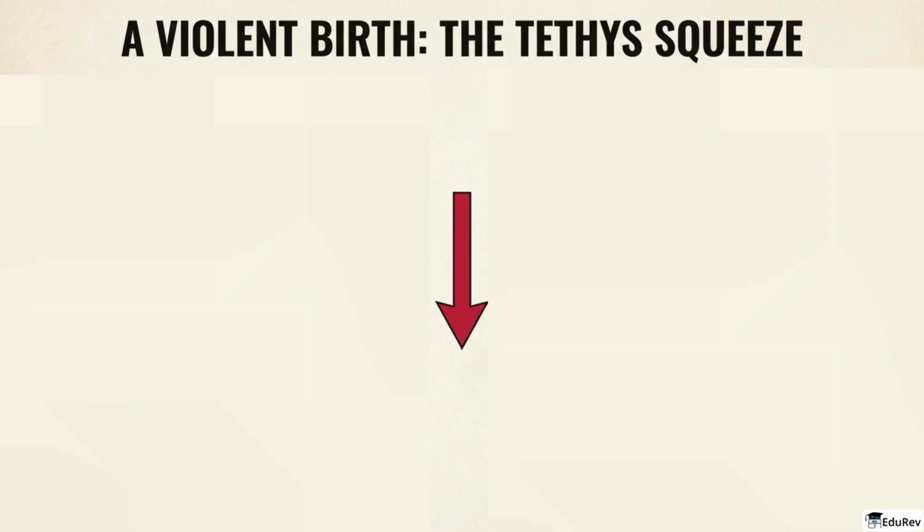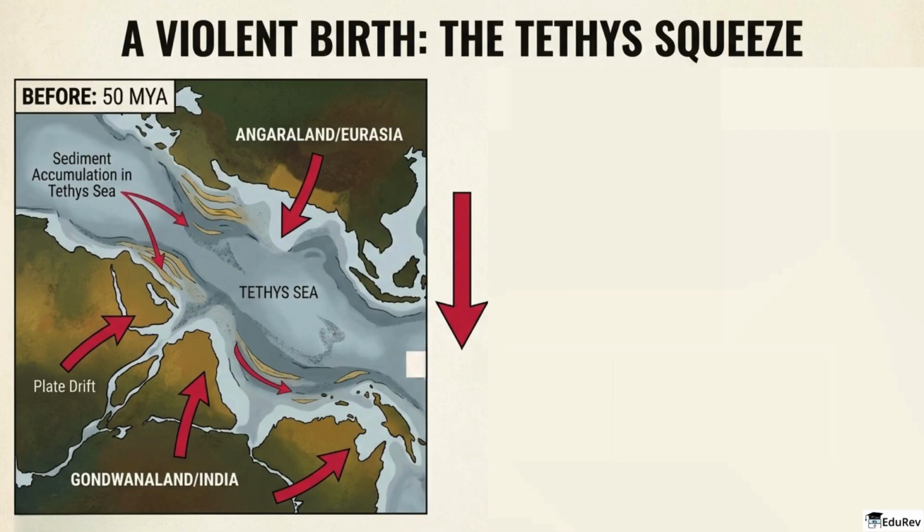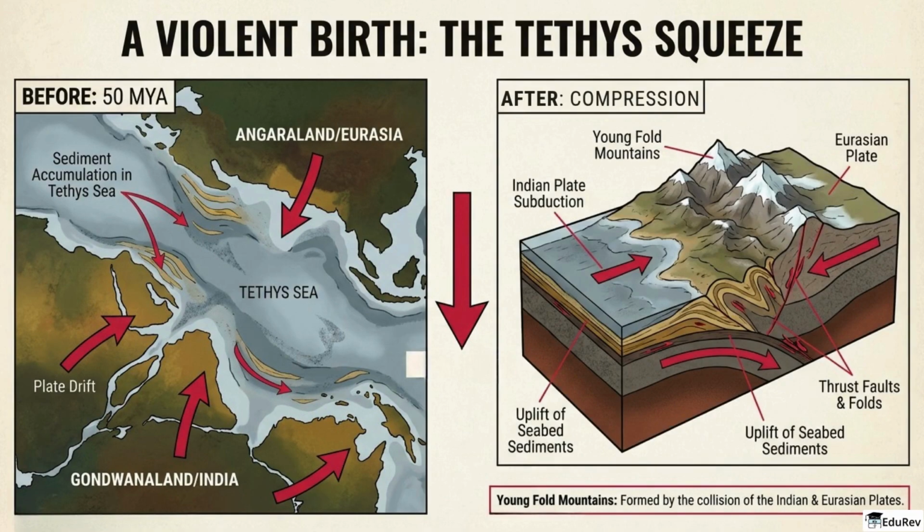Before 50 million years ago, there was the Tethys Sea between Gondwana land, including India, and Angara land, or Eurasia. Sediments accumulated in this sea. Due to plate drift, the Indian plate moved northwards. Then came compression. After collision, the Indian plate pushed beneath the Eurasian plate. Thrust faults and folds developed. Seabed sediments were uplifted. This is why the Himalayas are young fold mountains, formed by the collision of the Indian